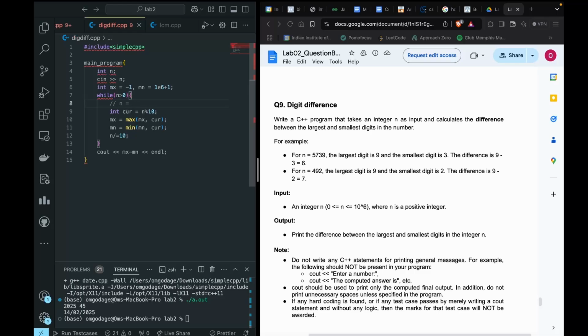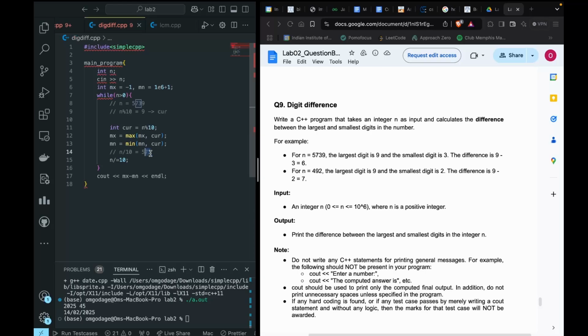When n is equal to 5739, then n percent 10 will be 9, which is cur, and then in this loop we do n by 10, which will be equal to 573, because it will actually be 573.9, but since both of these are integers, this part is dropped